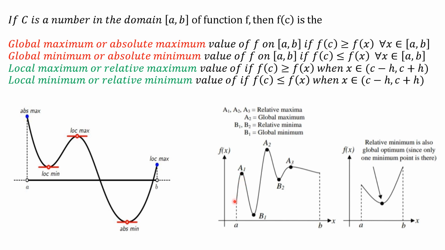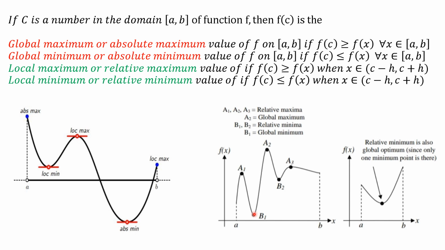In this graph we have this maxima. See here, the curve is increasing. After this turning point it is decreasing. That means this point is maxima. Increasing to decreasing, it is maxima. Again the curve is decreasing, and again it is increasing. Decreasing to increasing, that point is minima.